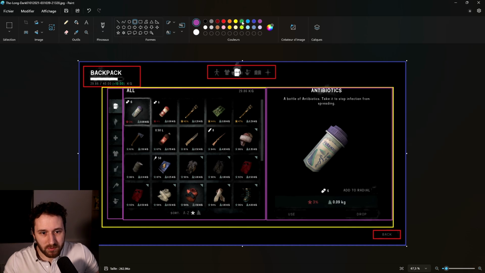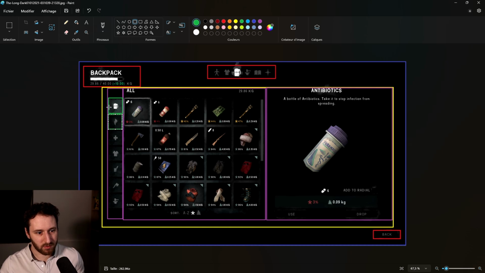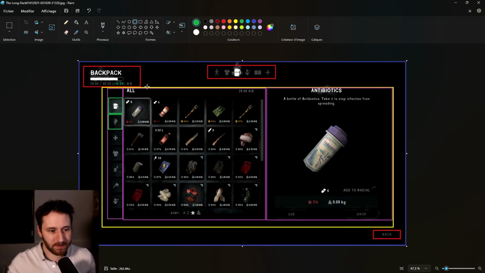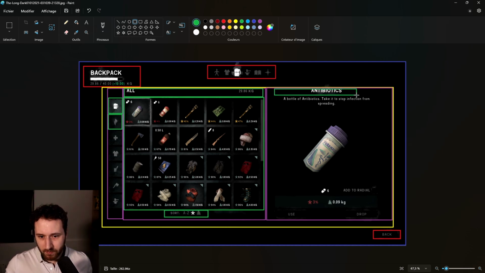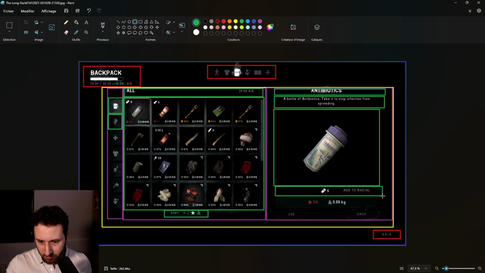Now we can subdivide a little bit more. In here we have each button. I'm not going to make all of them because you will understand the idea. Then in here you have this little component, then we have this component, and then we have some sorting component in here. In here we have an image and some more information. Then there'll be the button.